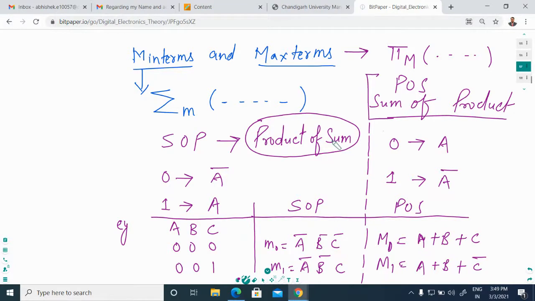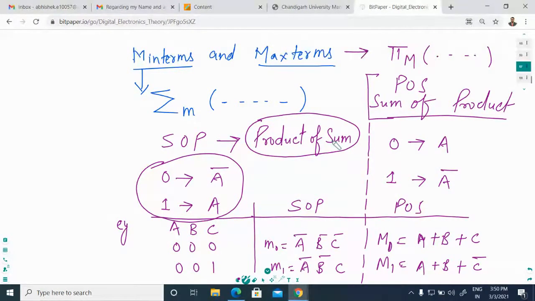Let's suppose we have three variables and we have to represent them in SOP form. You have to remember the concept here: 0 is represented by a bar and 1 is represented by the simple A. So we represent these 0s with A bar, B bar, C bar.